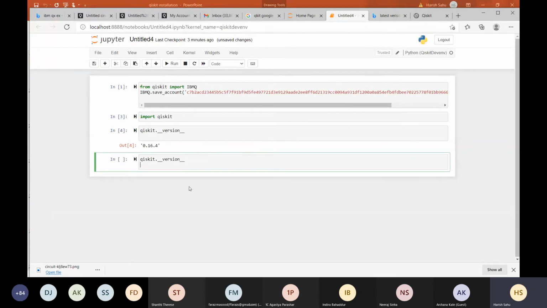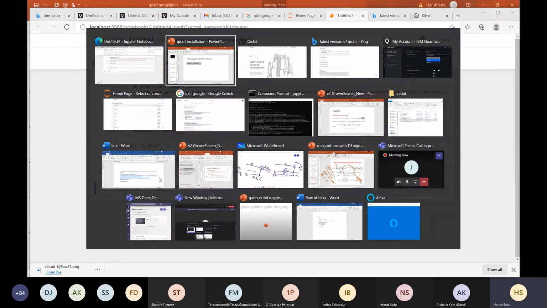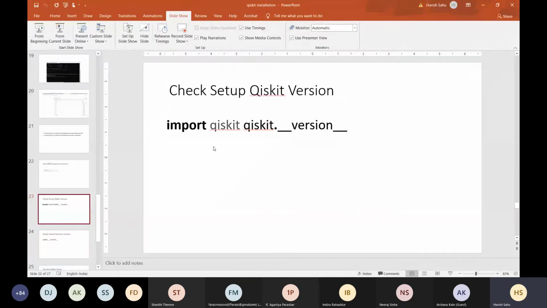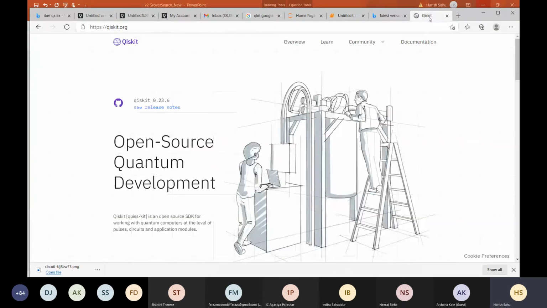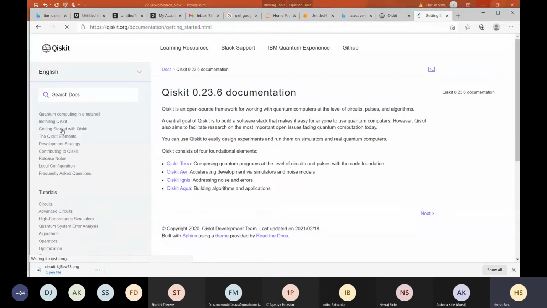Oh, it is the same. Qiskit.version. Okay. So good documentation is provided. All the commands are available. So you can go here, you can see getting started with Qiskit.